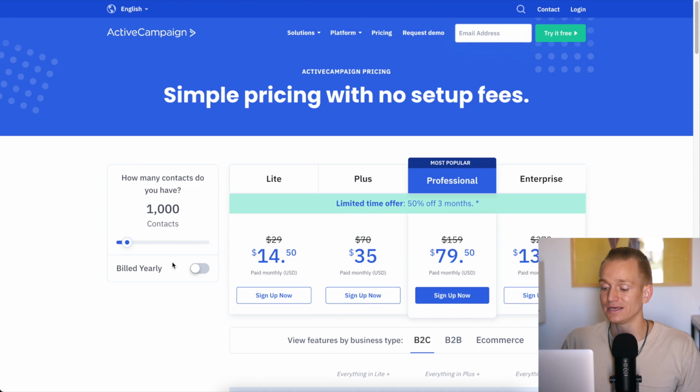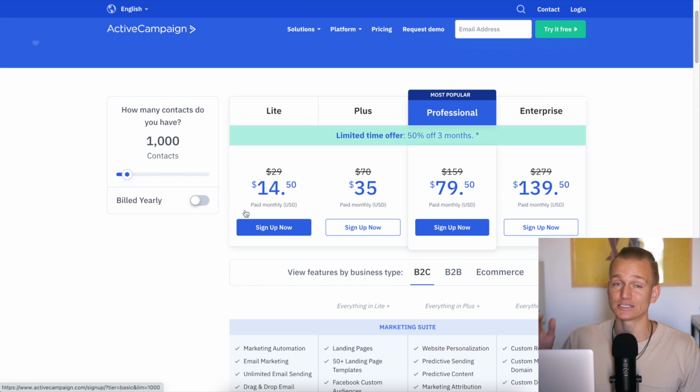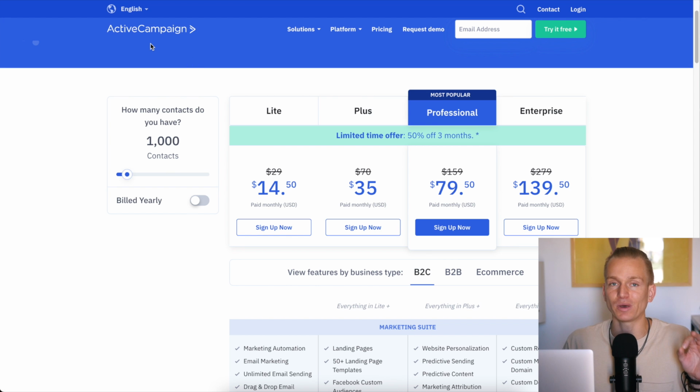But if you really want to take this to the next level, in terms of all of these super advanced automations, then ActiveCampaign is a good choice. So if you know that you're going to go in super hard with automations and you want to generate as much revenue as possible, ActiveCampaign is way more advanced than all of the other email marketing software, and that's why they are charging a premium.